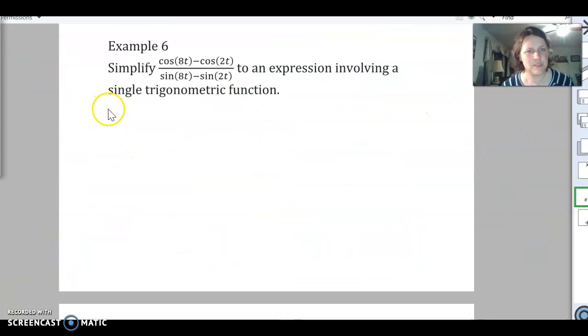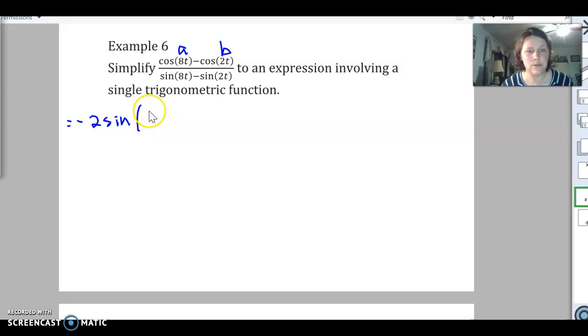Okay, on example number 6 here, which will be like the number 6 on your homework assignment, we are just going to use the sum to product formulas again, and then just cancel out some things. Just be really careful what you're canceling out. Sometimes they might seem the same and they're really easy to cancel out, but just be careful. So first of all, cosine of 8t minus cosine of 2t. Let's say 8t is A, 2t is B, and then we're just going to look down here at our trig formulas. So we have cosine of A minus cosine of B is equal to negative 2 sine of